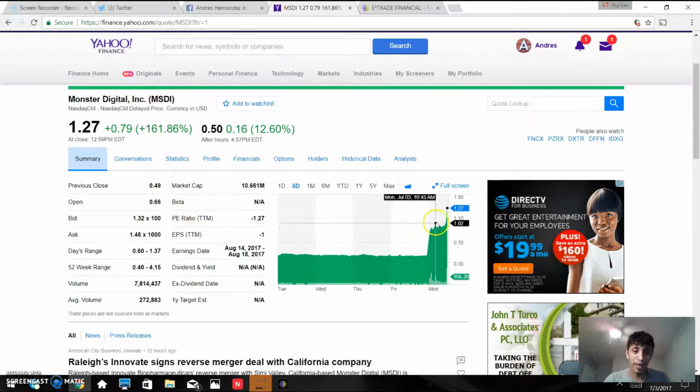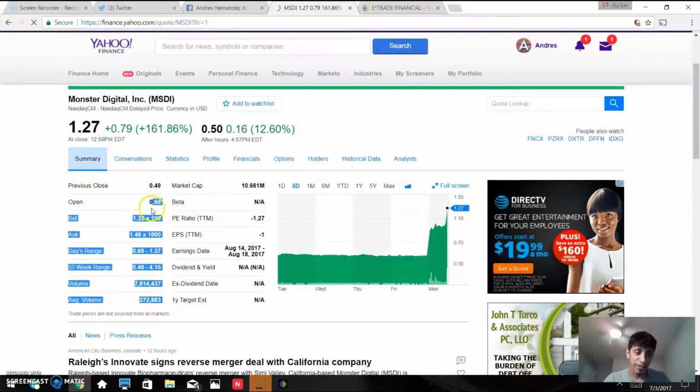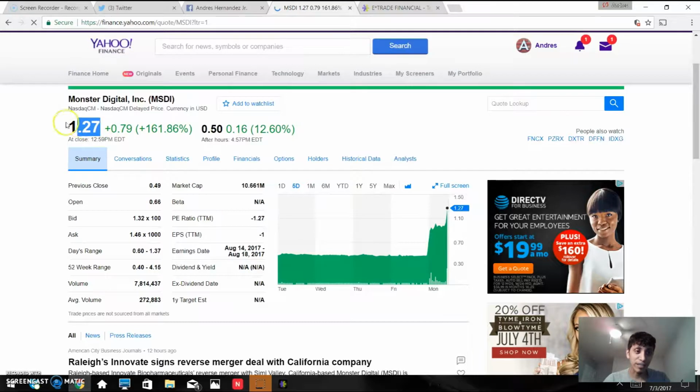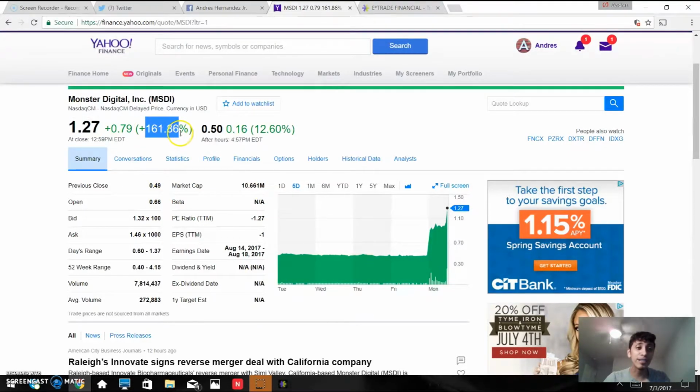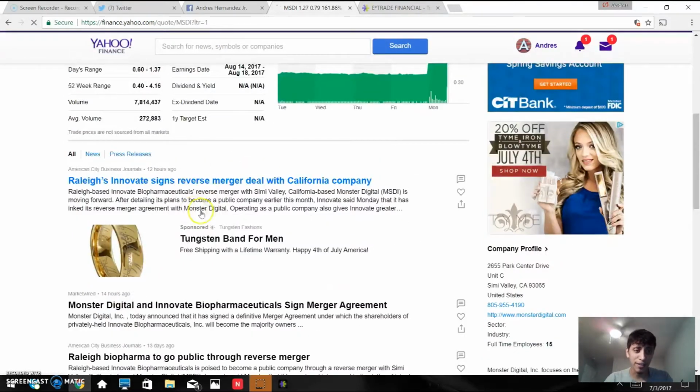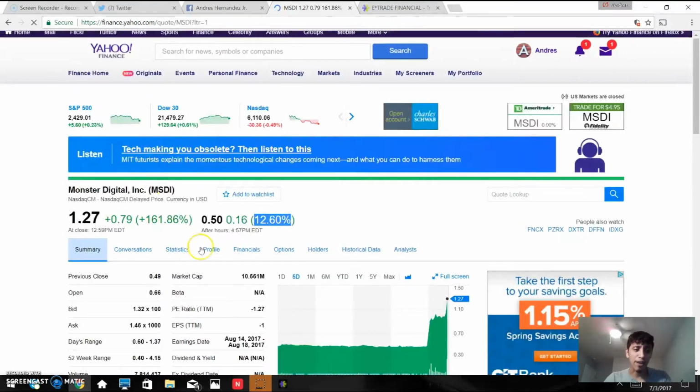Do you see the pattern here? Look at the volume. Look, a little bit of volume picking up, and boom. 66 cents a share. It closed at 1.27. I don't think you guys understand what that means. 66 cents a share. 161%. Plus an extra 12% aftermarket. Dude, that is ridiculous. Anyway,